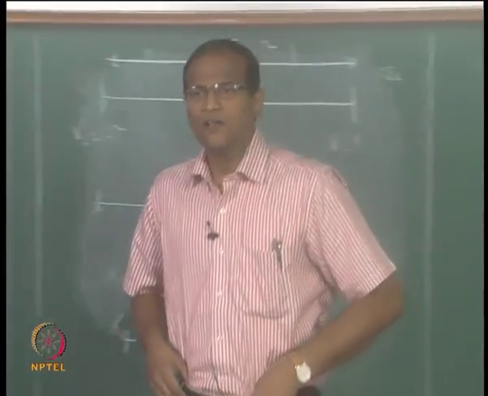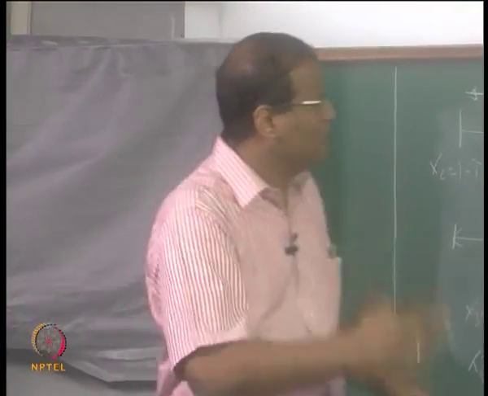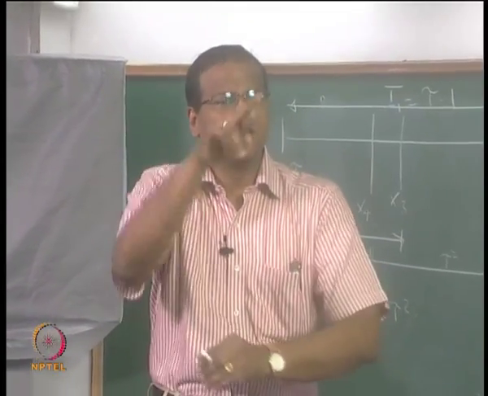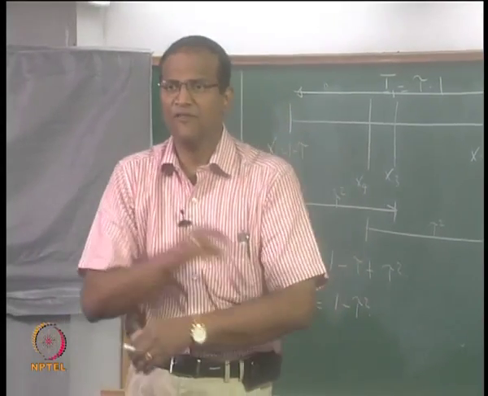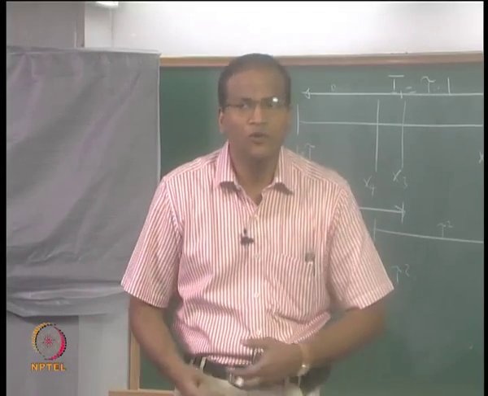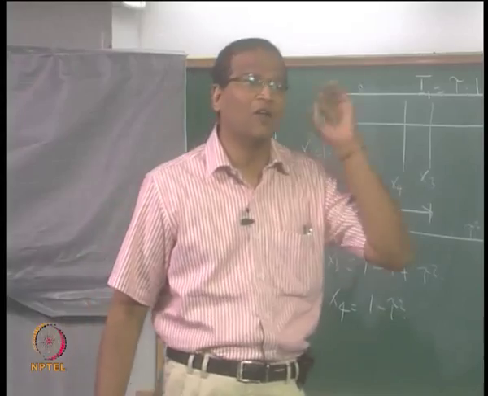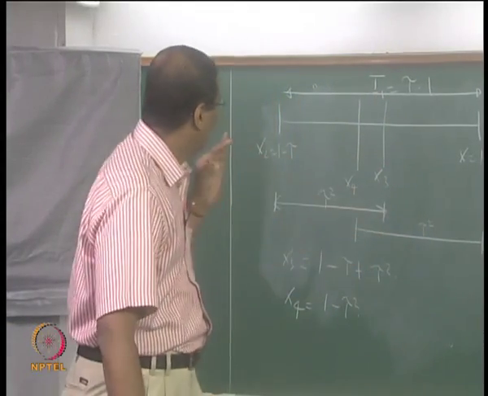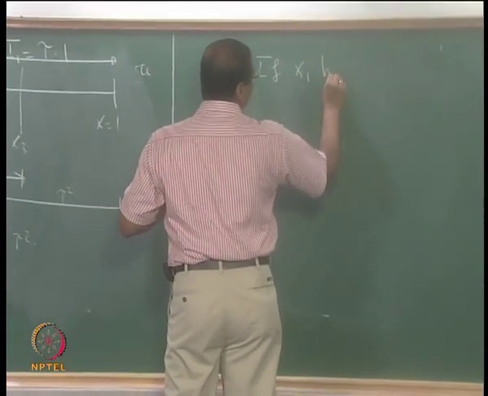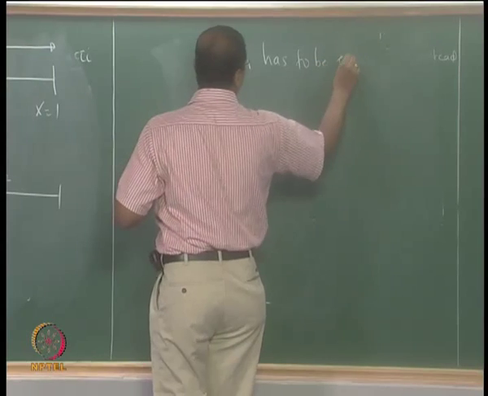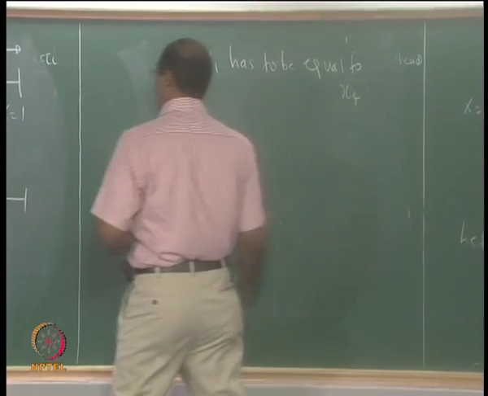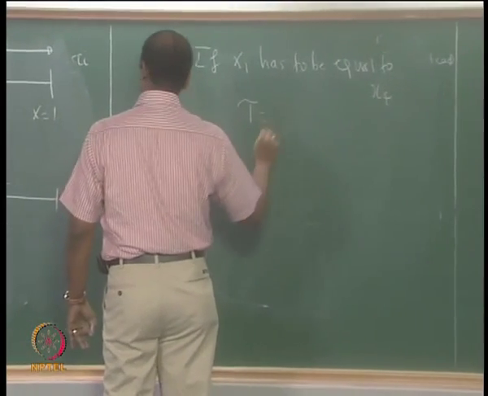Nothing great so far. So we started out with 2 points x1, x2 in the interval 0 to 1, and we are saying that in the first iteration the percentage of reduction is tau, then we are saying that this percentage reduction has to be maintained. So in the second iteration we take the 2 new points x3 and x4, but now we want to retain all the advantages of the Fibonacci search method. Therefore I want x1 to be x4. If x1 has to be equal to x4, so tau is equal to